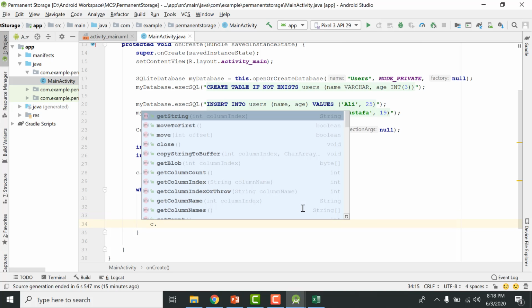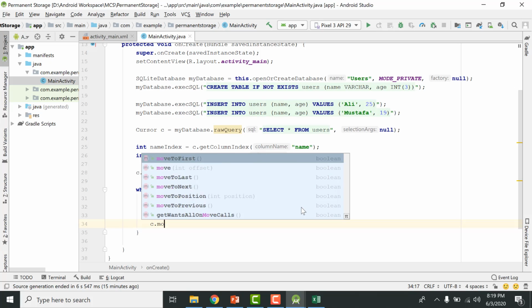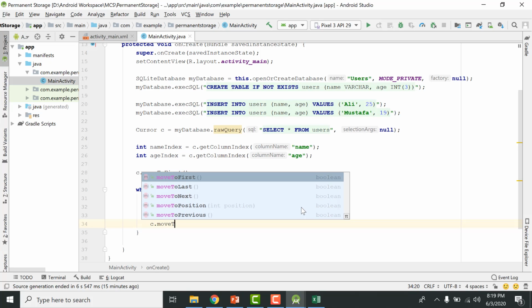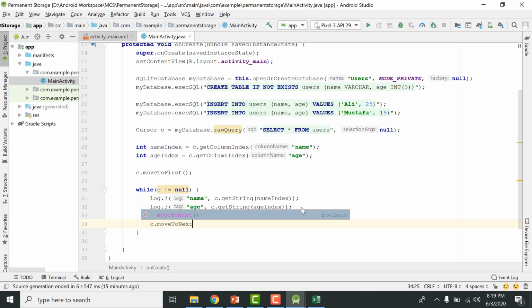So these two statements will fetch the first record for us, but we are going to display all of the records. So we are going to call another method on the cursor object, which is c.moveToNext, and you close this statement. So what it will do is fetch each record from our database, and then it will display it